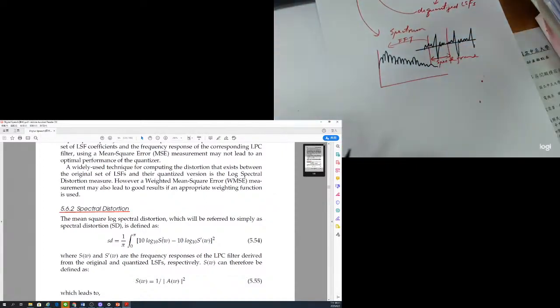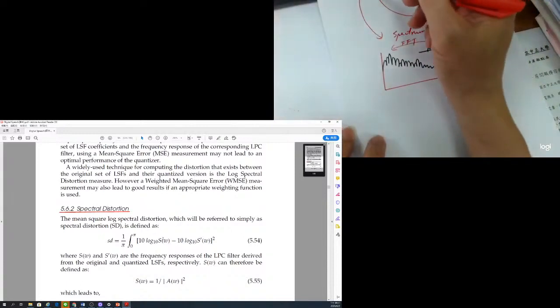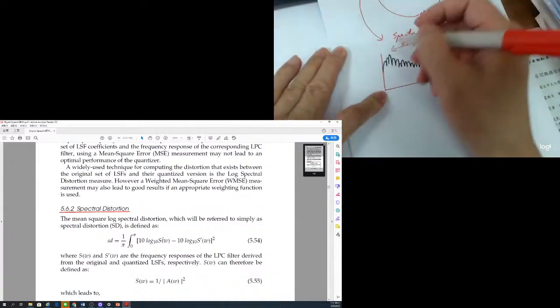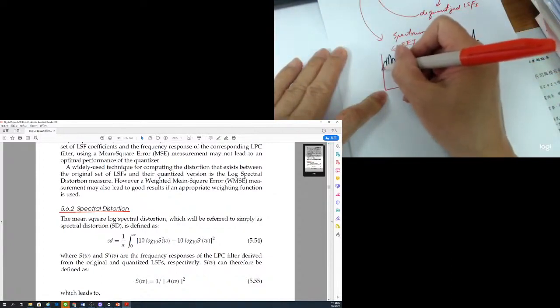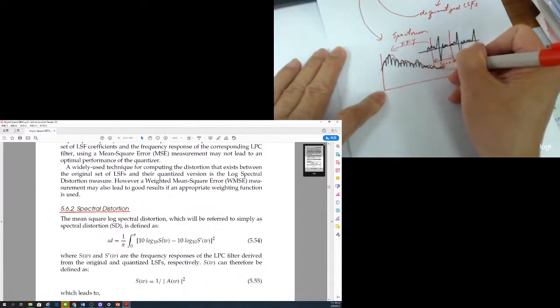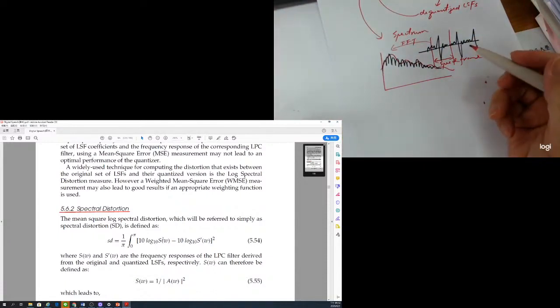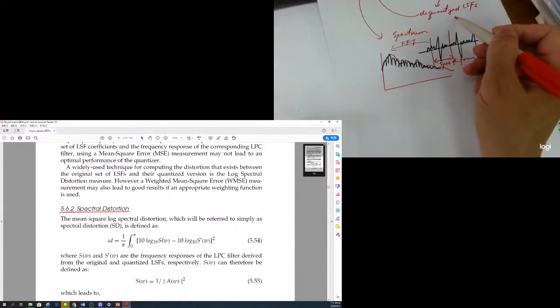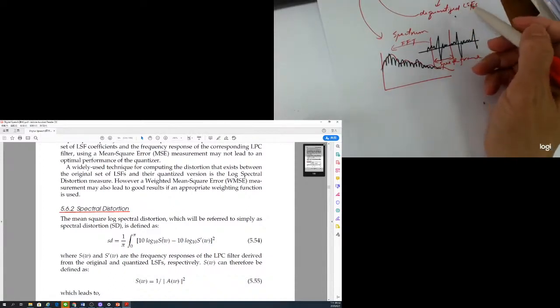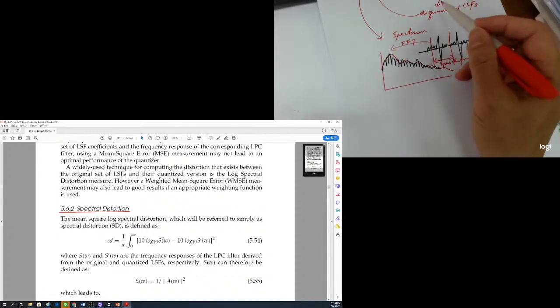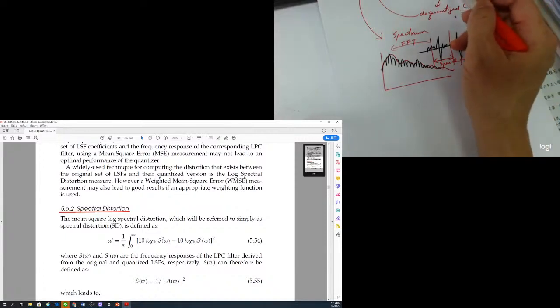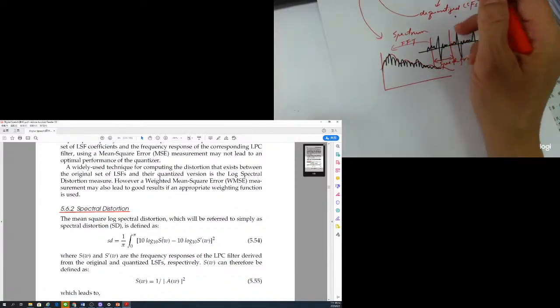However, if you use the LPC coefficient to look at the frequency spectrum, it looks more like this. So right now we try dequantizing with different quantization levels, and also consider vector quantization. You have many codevectors that try to match your line spectrum frequency, and then according